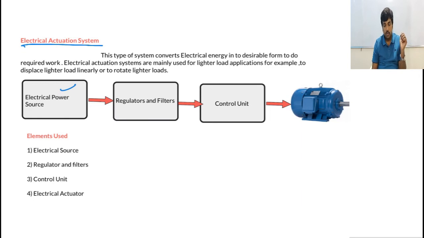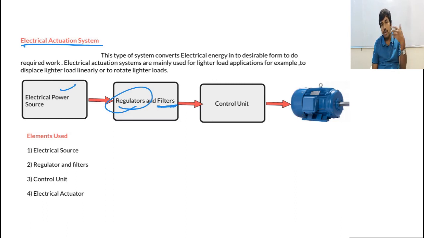Somehow we require some electrical power source, and naturally the electrical parameter like voltage or current that we get out of the power source will not be in purified form. That's why we require filters. Again, it may have some noise. To remove the noise present in the voltage, we use the filter. And why is a regulator required? As I usually say very clearly, the demand of the load may be something